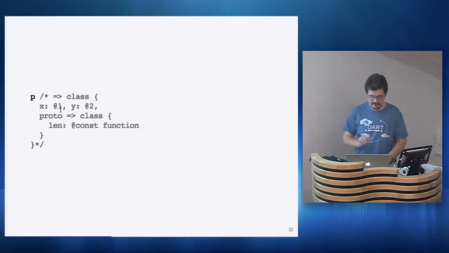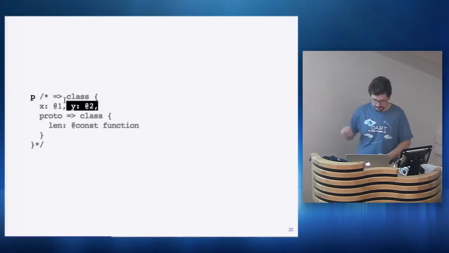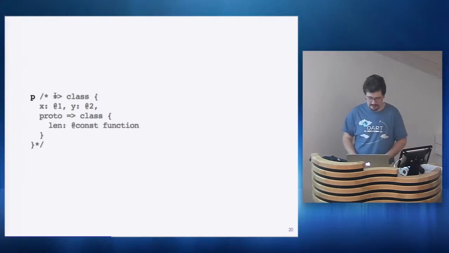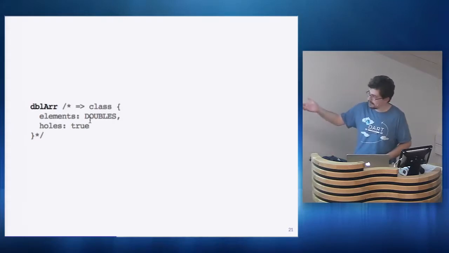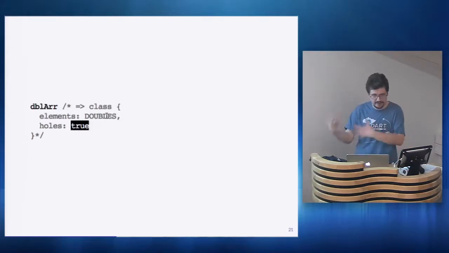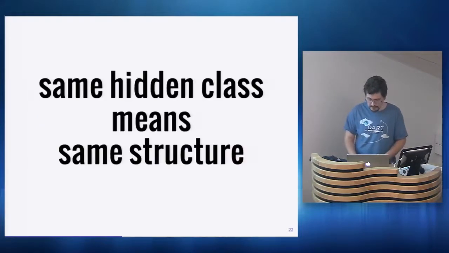So for example, when you just add X and there was still no Y, then there would be no Y here. But then you add Y, it just creates a new one and connects the old one which contained only X with a connection. So that's called a transition. Anyways, doesn't matter. You can understand the end result, that there is a class here that tells what's inside the object. And for a double array, for example, it can figure out that it contains only doubles, now that I fixed the previous slides, and it has holes. It can also track whether there are holes, and maybe there are no holes, then it will say no holes, and only doubles. And the most important property of the hidden classes is that the same hidden class